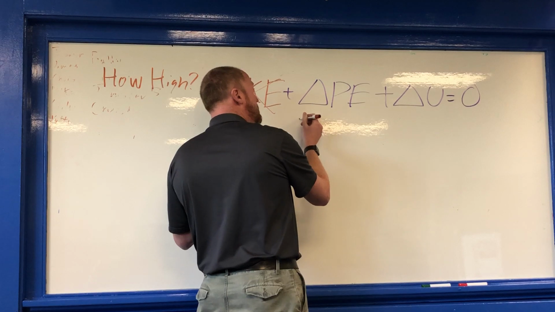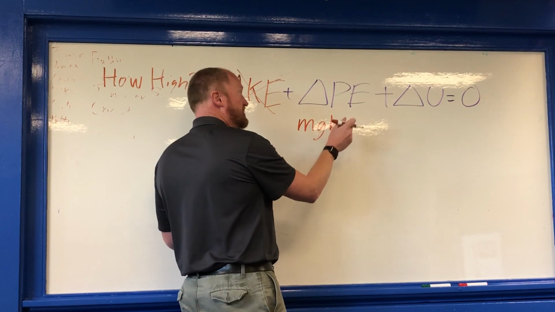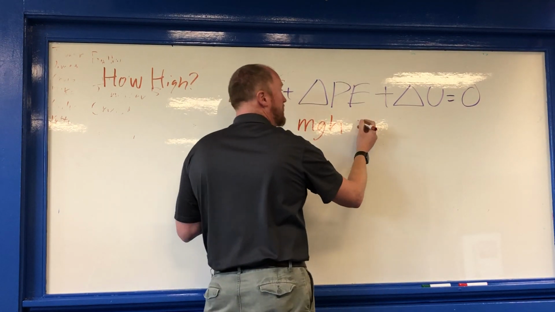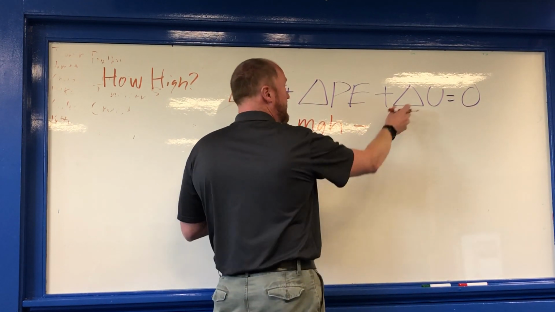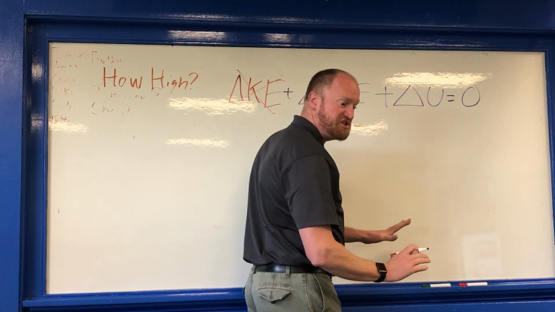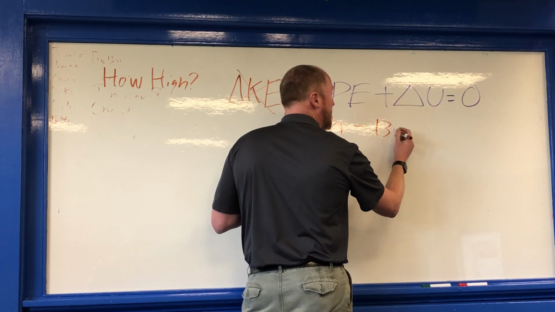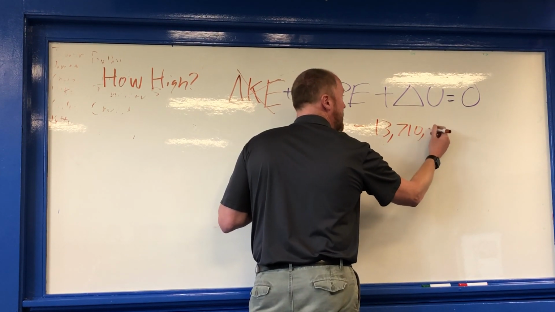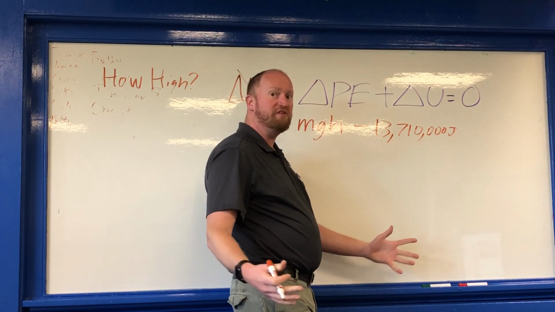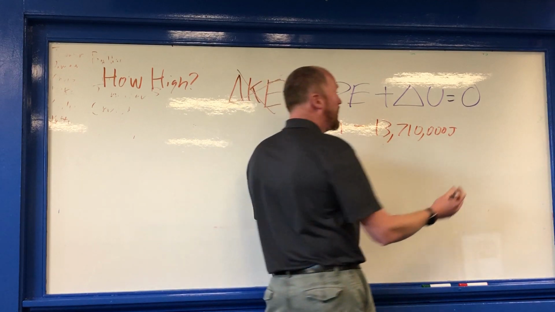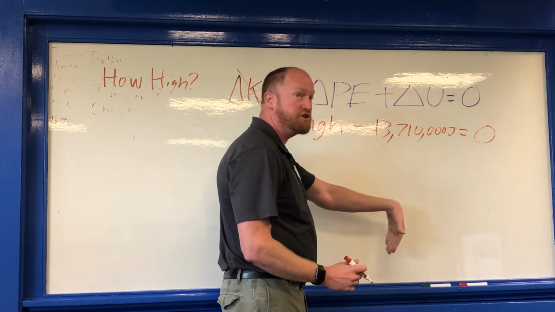So potential energy is mgh, mass times gravity times how high up you are. Now, that's going to be what I'm turning into. I'm going to be losing that energy, which is coming from my internal energy, so my internal energy is going to be going down. And how many calories, or how many joules per day? 13,710,000 joules. That's how many joules of energy I'm going through every day. If I turn it all into potential energy, we're going to find out how high I would go. And of course, it'll equal 0, because this is going to go up by the amount that this goes down.